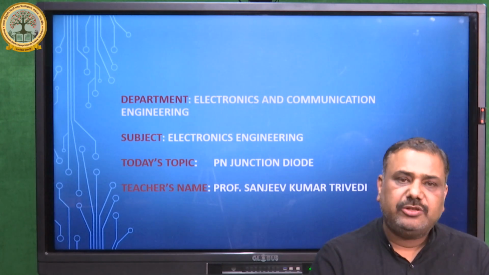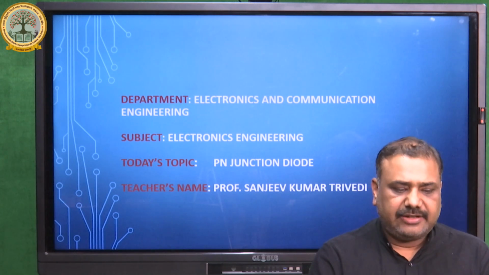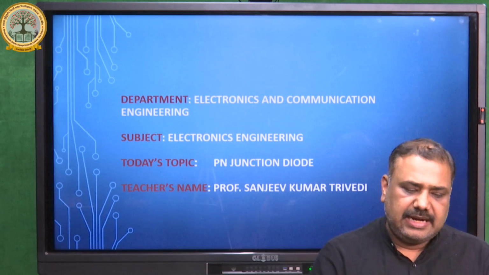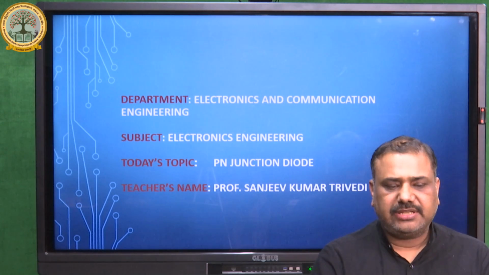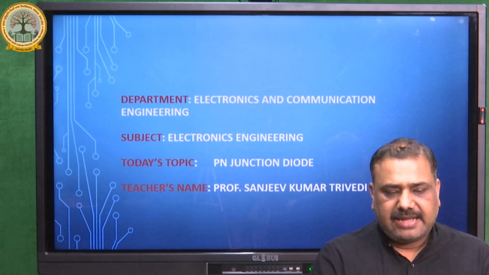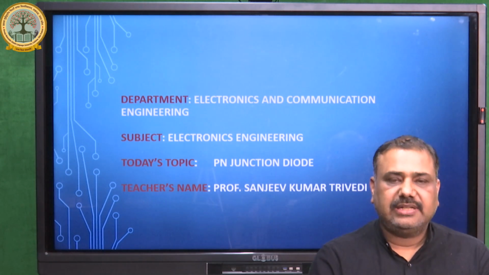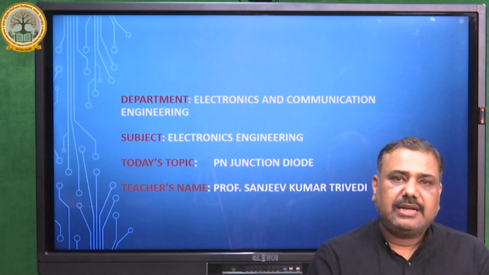PN junctions are formed by joining N-type and P-type semiconductor material. When the electrons and the holes move to the other side of the junction, they leave behind exposed charge on dopant atom sites, which are fixed in the crystal lattice and are unable to move. A forward biased PN junction conducts a current. Once the barrier voltage is overcome, the external applied potential forces majority carriers toward the junction, where recombination takes place, allowing current to flow. A reverse biased PN junction conducts almost no current.